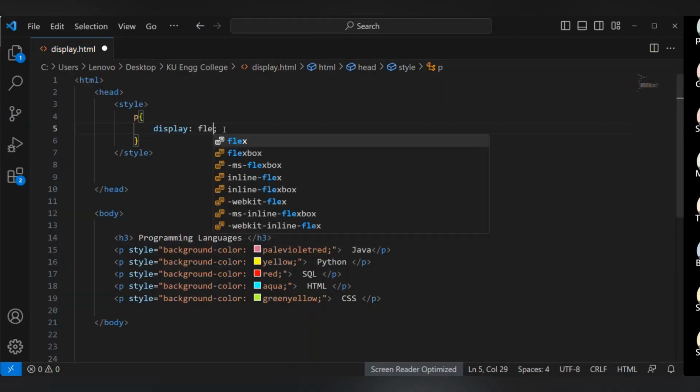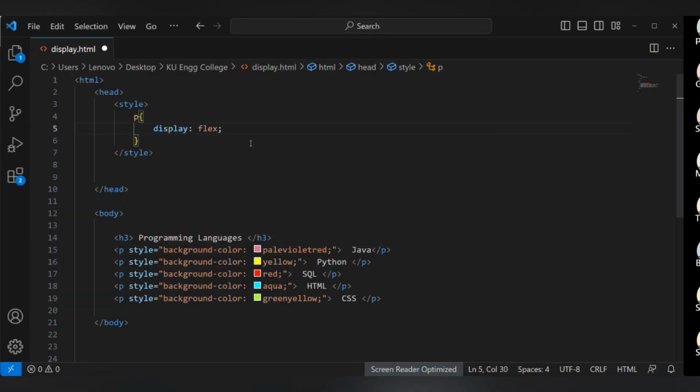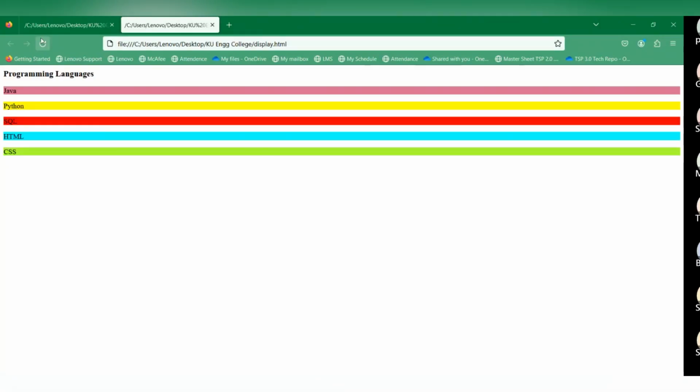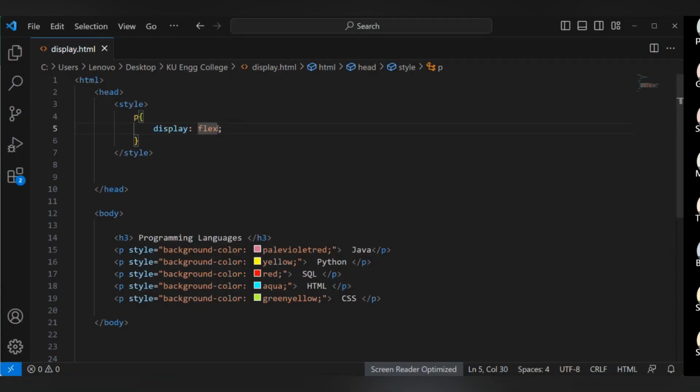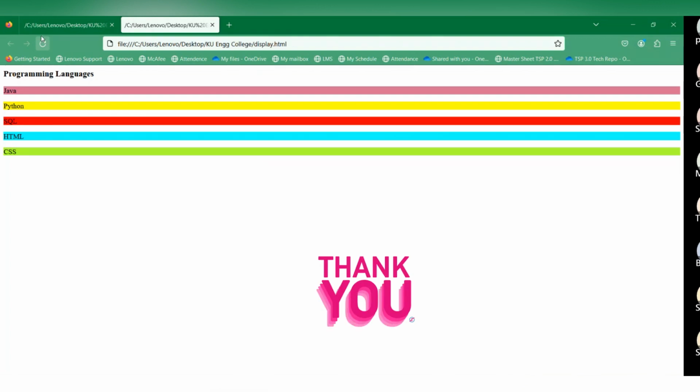Try this flex property also. It is used many times by people. I have no idea about it, but yes, something they use. Okay, maybe it is flex or flex box. Just try this one. Mostly students and people use this flex box property. So I am leaving one thing to all of you, that you all will explore flex property and tell me the answer for that. Right? So till display we have